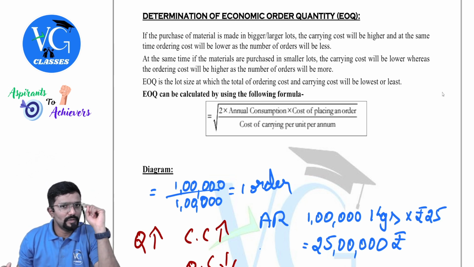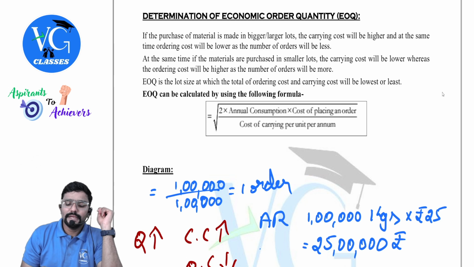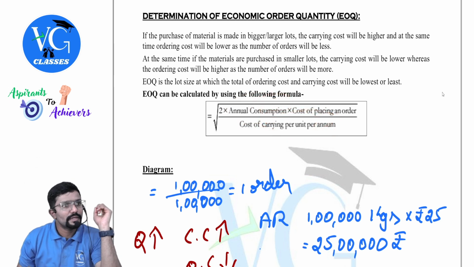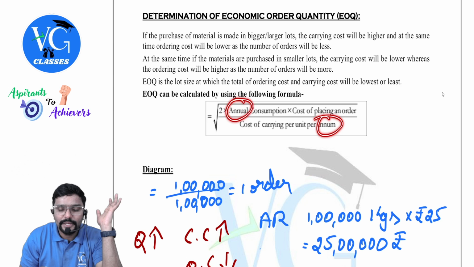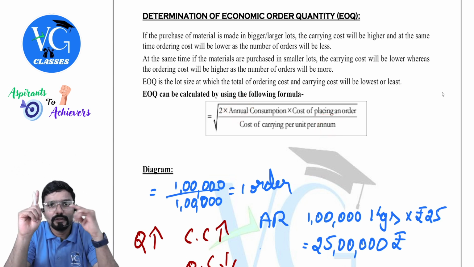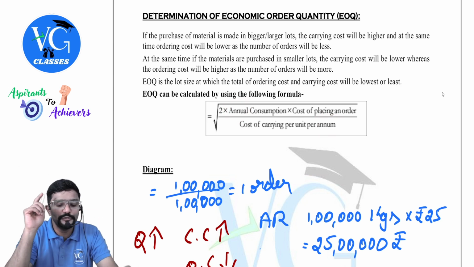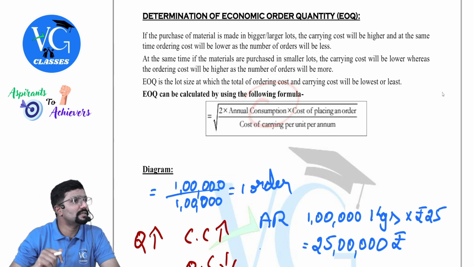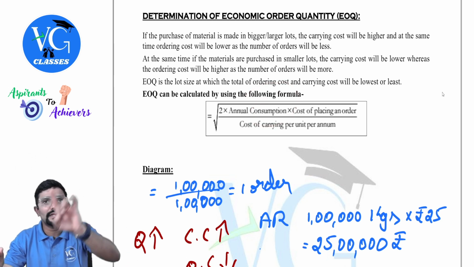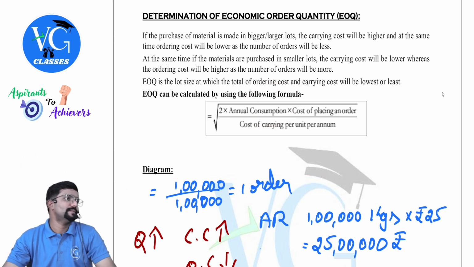One more important thing. Guys, here the consumption and carrying cost is per annum. You can observe, per annum, annual is given. As per formula, it should be annual only. Now, sometimes in the question, they will confuse you by giving consumption per month, per week and all. Will you take directly in the formula? No. First calculate for annual and then bring it here.